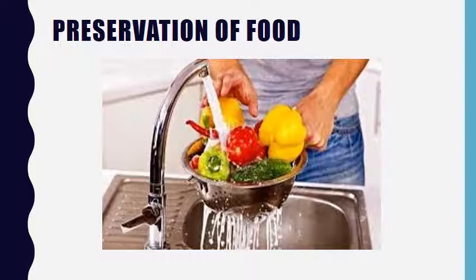We all know that these fruits have minerals and vitamins, so it is very good, very healthy for our body to eat such things. But whenever we eat raw vegetables and fruit, we should wash them, because these unwashed fruits may be touched by flies, germs, or dust. So they will also go into our body with the fruits. Whenever we eat raw fruits and vegetables, first we have to wash them properly before eating.